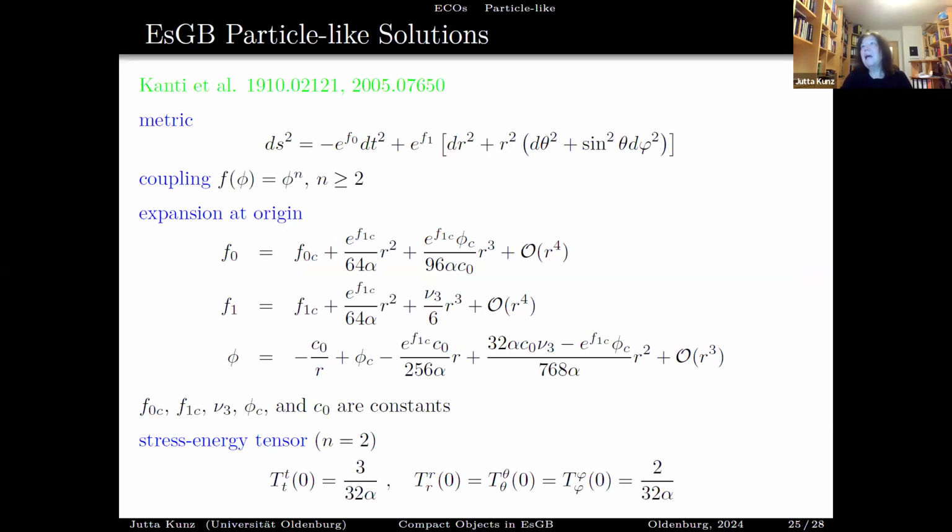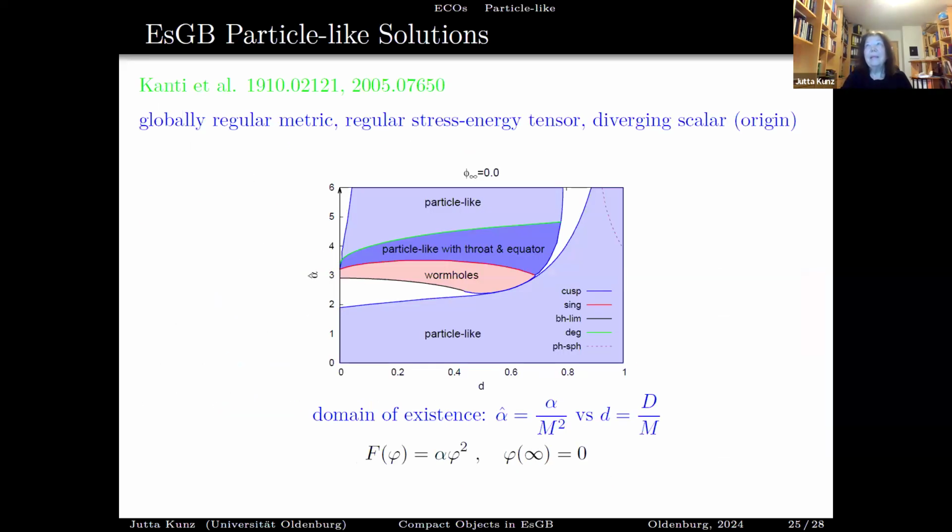And just as when we were looking, maybe I go to the next one already. When you're looking at the black holes, we realized there are wormhole solutions also, because we found some more solutions and needed to interpret them. And we were studying now the wormholes. We found some more solutions and we tried to find out what they are. And we realized we have another type of solution, particle-like solutions here.